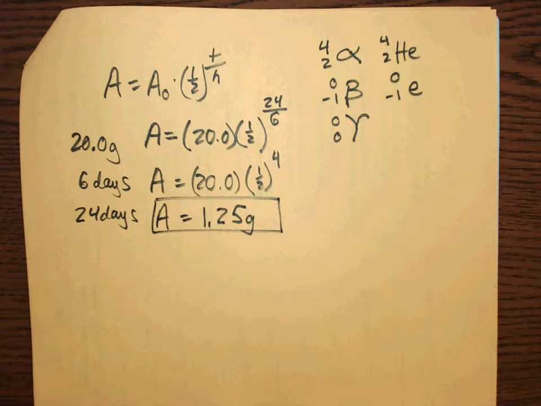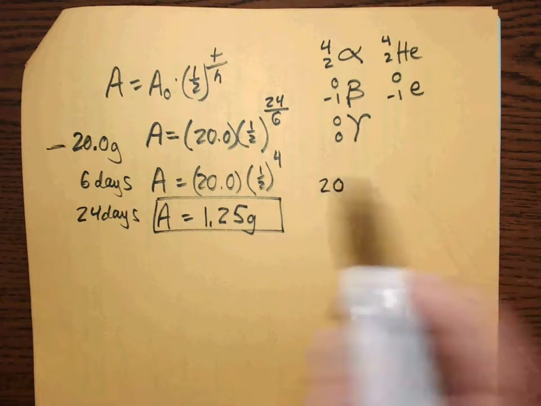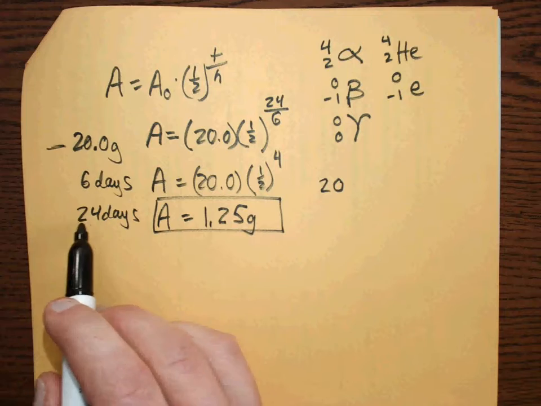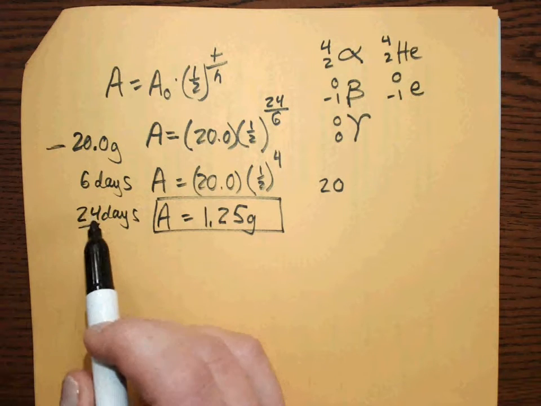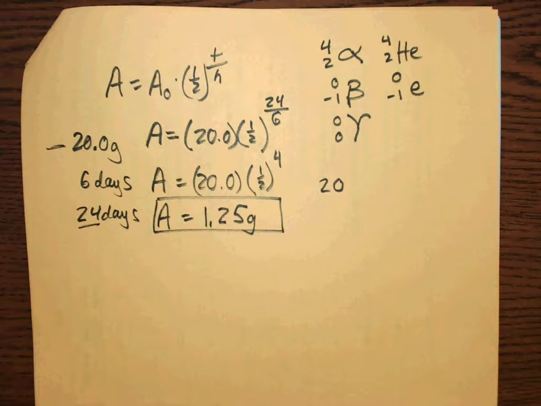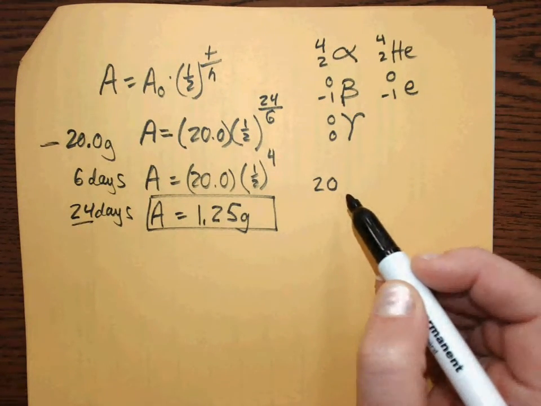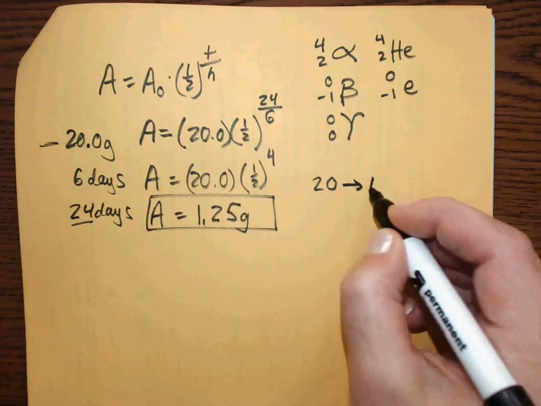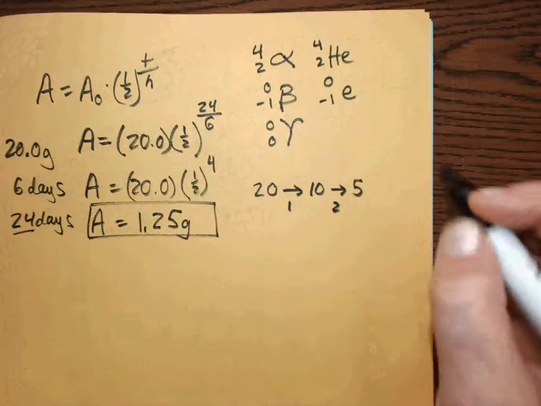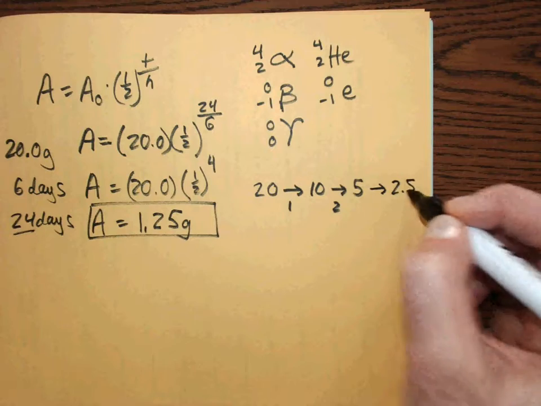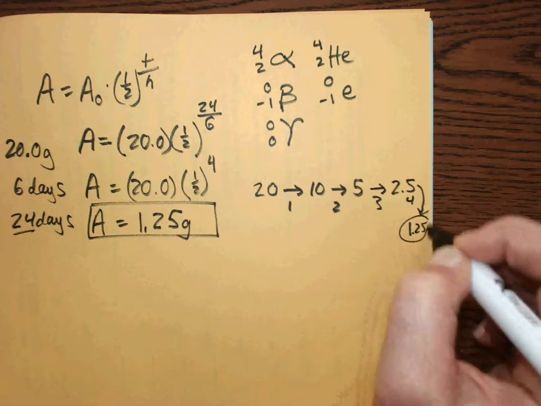Now the other way to determine how much was left is if you just take your starting amount. We had 20 grams, and we were told that the half-life is 6 days, and the time was 24 days. So how many half-lives will the substance undergo? Well, 24 divided by 6 gives us 4. So this means this substance is cut in half 4 times. So you could cut 20 in half once, there's 1 half-life. Cut 10 in half, there's 2 half-lives. Cut 5 in half, there's 2.5. And I'm running out of space, but if we cut it in half again, there's our 4th half-life,